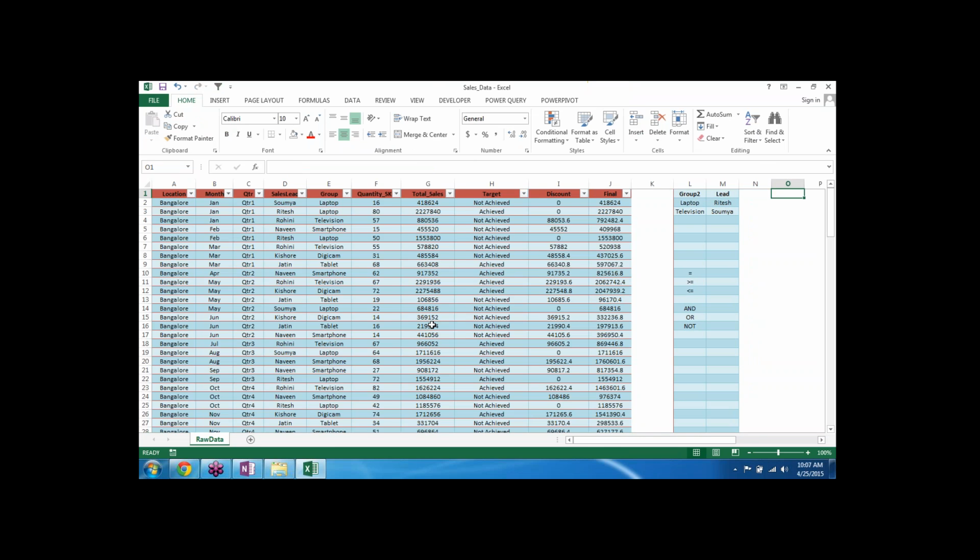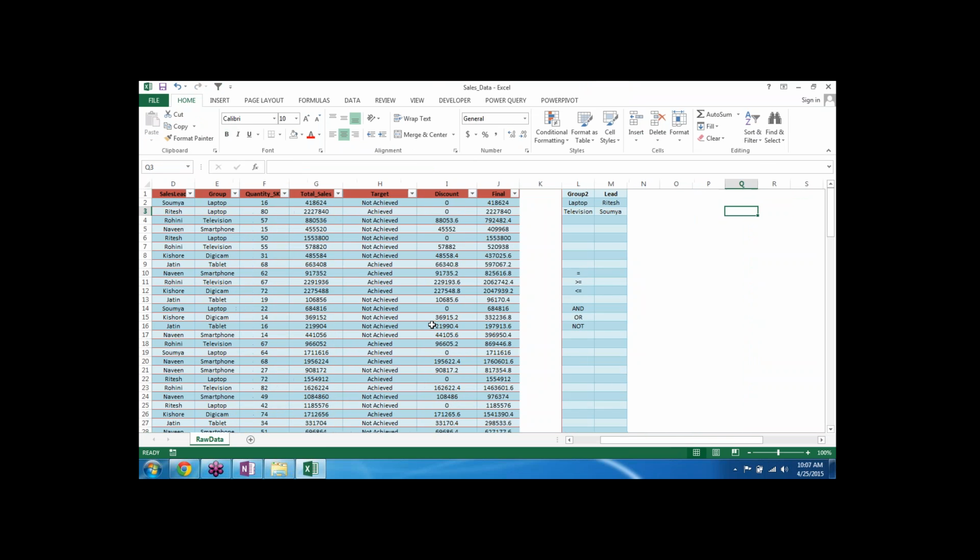Now we had seen some table formatting, but let's take an example that we have this laptop and we wanted to highlight something. We can do it using conditional formatting.